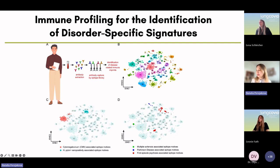Or, for example, we can see that here's something happening with the Helicobacter pylori infection in this patient at this moment. And going to the next step, when we are getting even closer into these patterns, we actually can distinguish that we can see some specific epitopes or mimotopes that are specific for different diseases. For example, for multiple sclerosis, a bunch of epitopes here, or for Parkinson disease, a couple of clusters here,